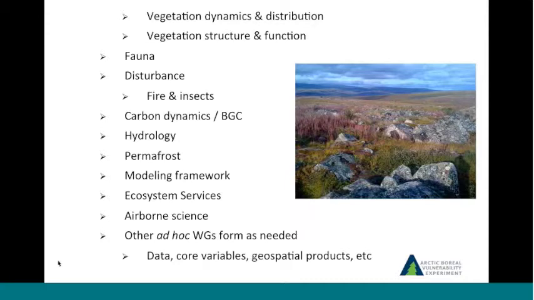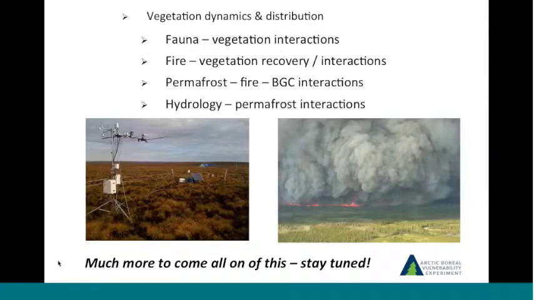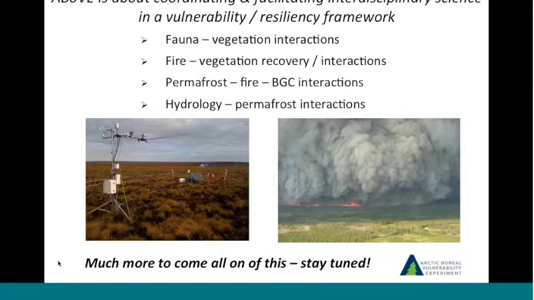So this is how we've currently laid out the disciplinary aspects of ABoVE. But really what ABoVE is all about is coordinating across disciplines and facilitating each other's activities and working together, because ABoVE is and will be more than just a group of projects that are independent. They will work very closely together through regular science team meetings and coordinated field activities, with the whole idea being